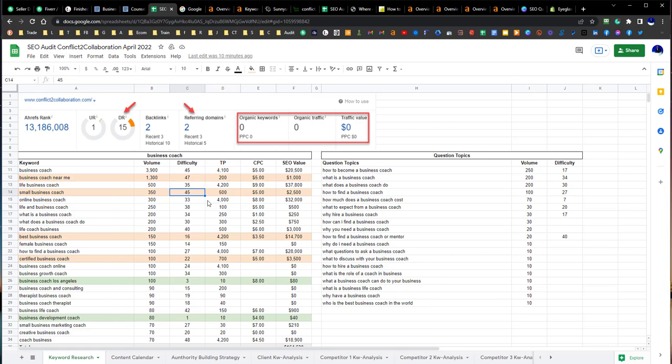If you were to go ahead and buy traffic, the average cost per click is about $5. So for example, if you wanted to show up for people that are looking for small business coach, which there's 350, you could either buy it where it's going to cost you $5 every time somebody sees your ad, clicks on it, and goes to your website. Or you could choose to try to optimize your site for that keyword, which in that case you'd want to go ahead and make a dedicated page, and also write some content.